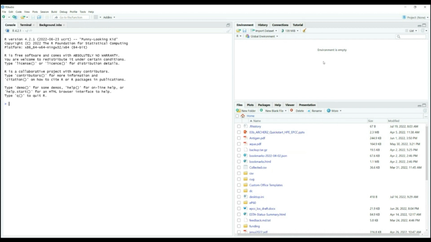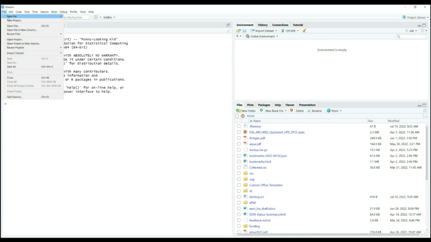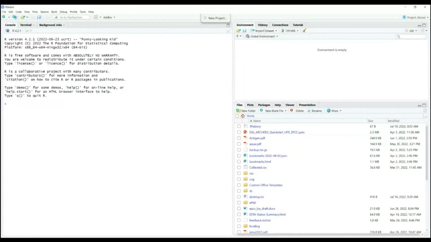We just opened it and didn't load anything. And here we have files. What I will do is create a project, and we will work using this project. In order to create a project, I need to click on File, New Project,